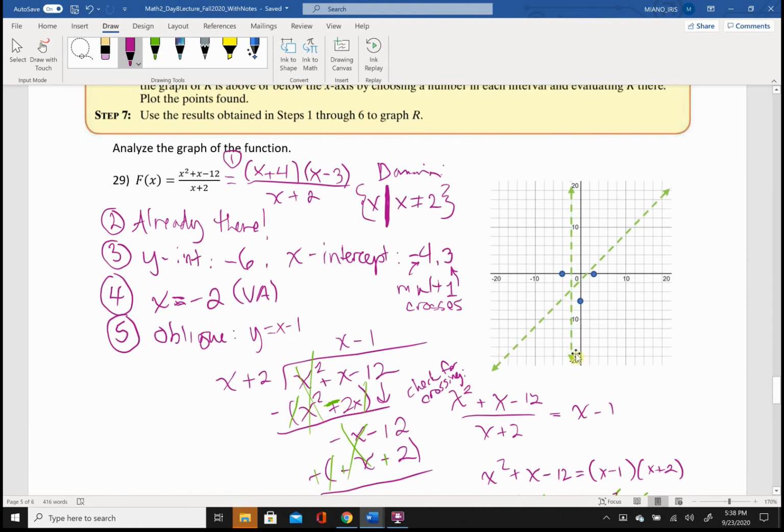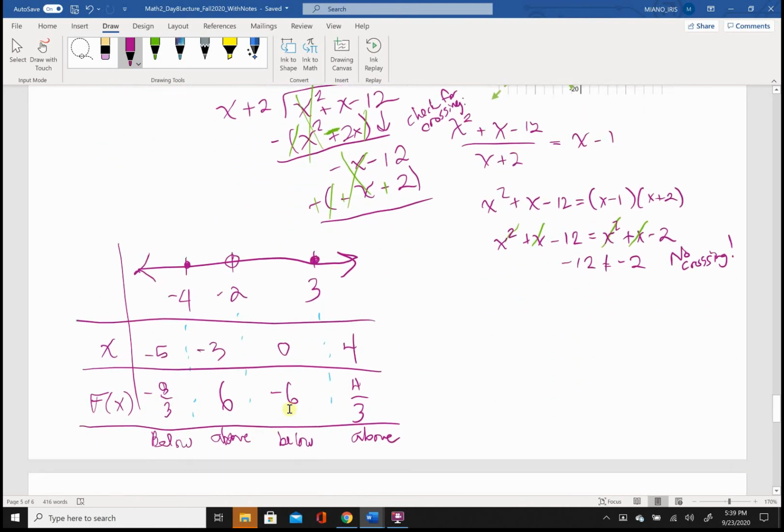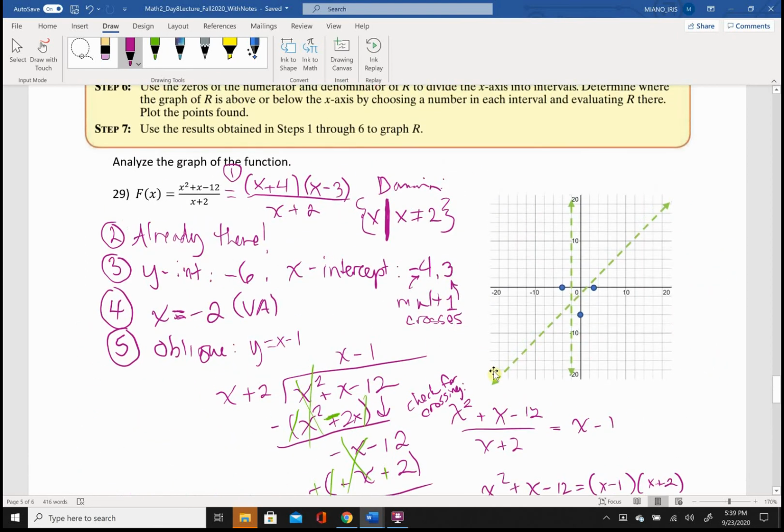So we have to come from below the x-axis, and then we're gonna cross it at the other x-intercept and be above it over here. So again, below, above was outlined here with our number line analysis. Here we're below the x-axis, and then we cross and go above, start below, go above, and then follow those